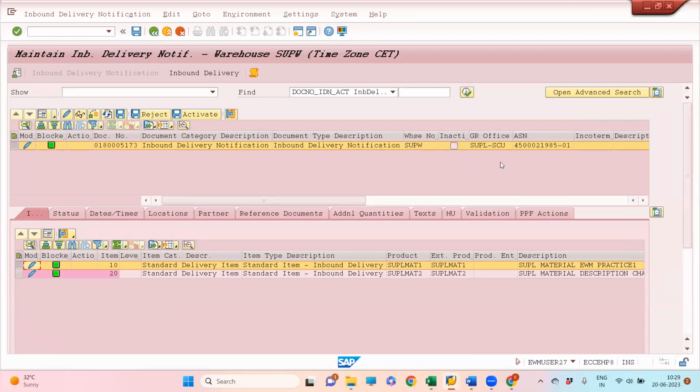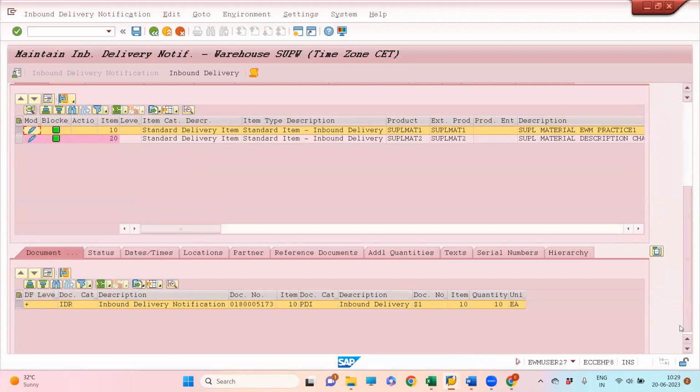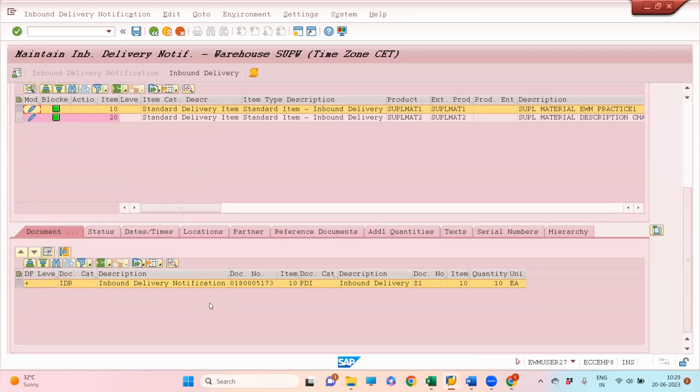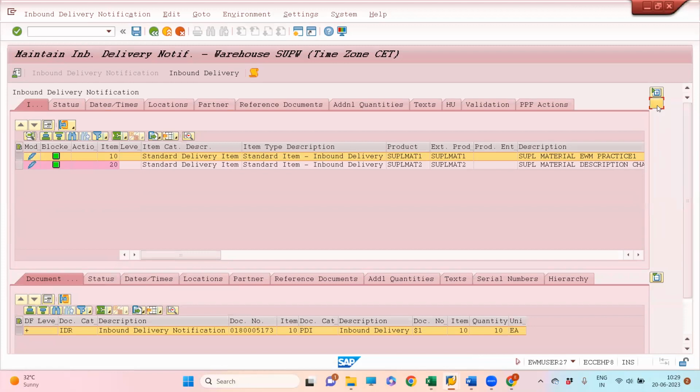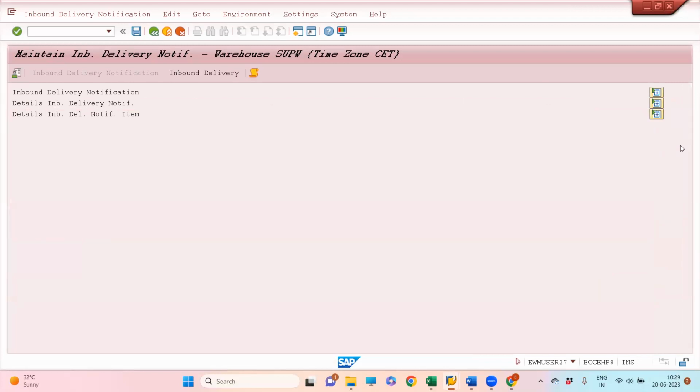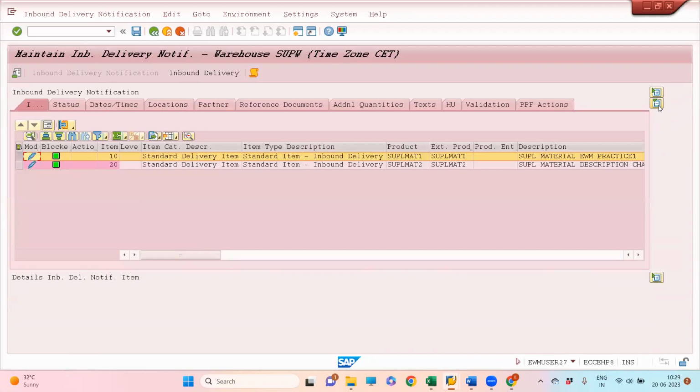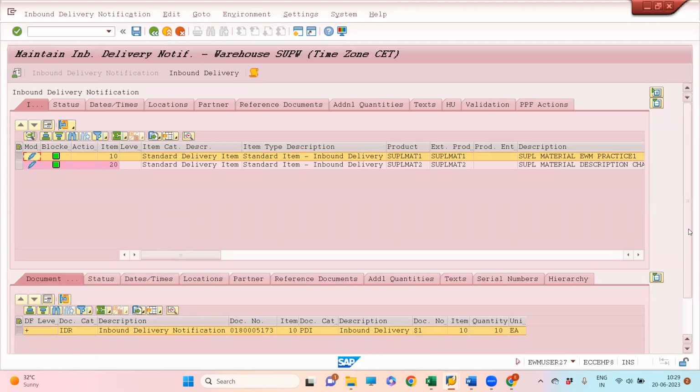This is your header section, this is your item section, and when I double click on this one, at the bottom you have got the item overview section. If you want, you can collapse them like this. You can extend item. You can extend this one. So now also when you go to this one,